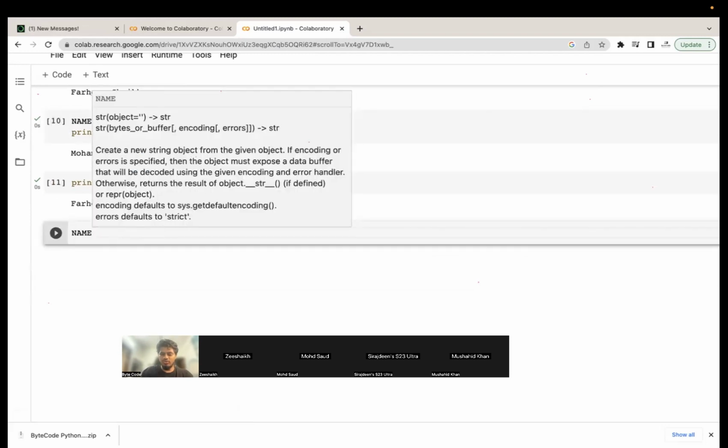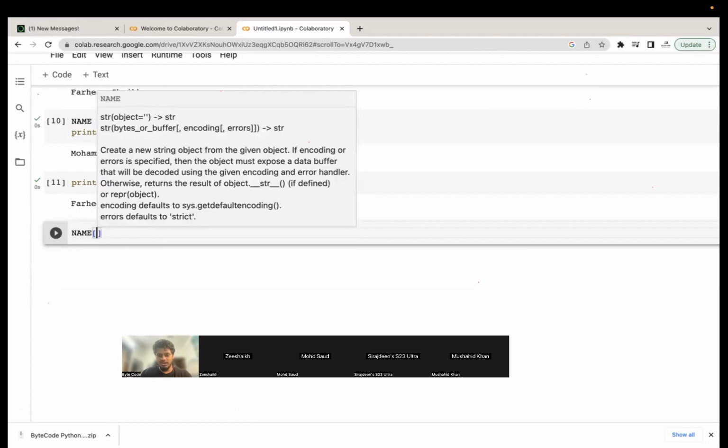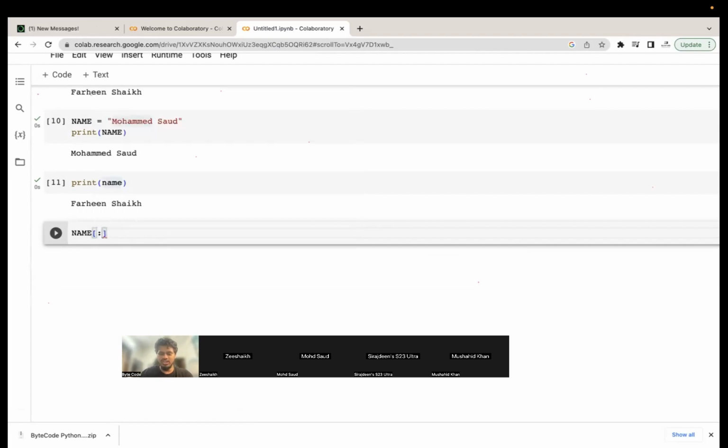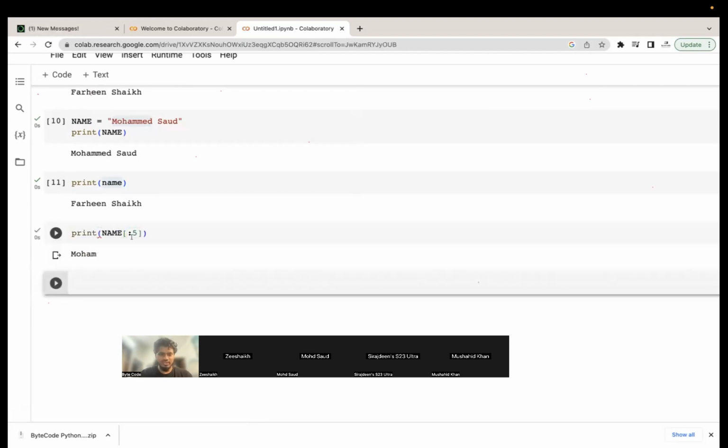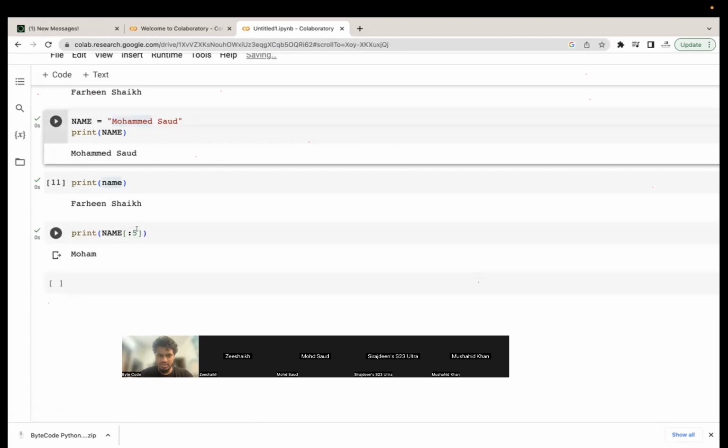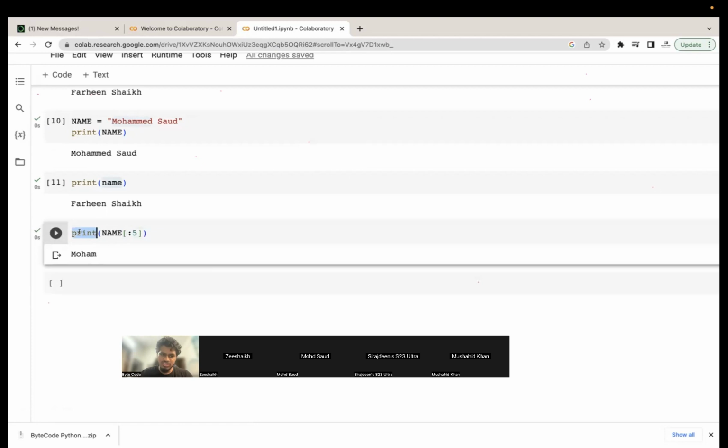So what I will do is I can do indexing. This we will learn, but just for example purposes. Now I want to check what this gives. It will give MOH, the starting 5 letters. And by using the print function, only then will I come to know that the processing I'm doing is not catching what I require.